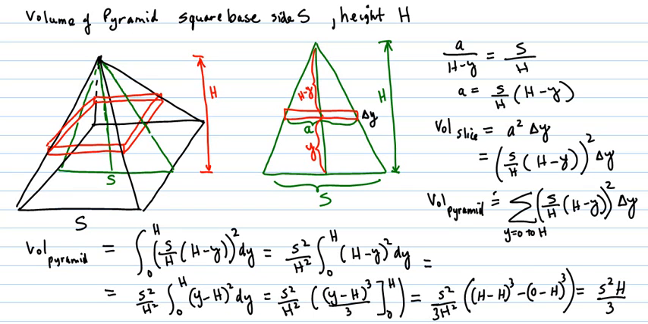This problem is the classic finding the volume of a pyramid that has a square base of side S and height h. So square base, side S, height h, and it is a pyramid. So over here we have the drawing of the pyramid, and then we go up a certain height up here